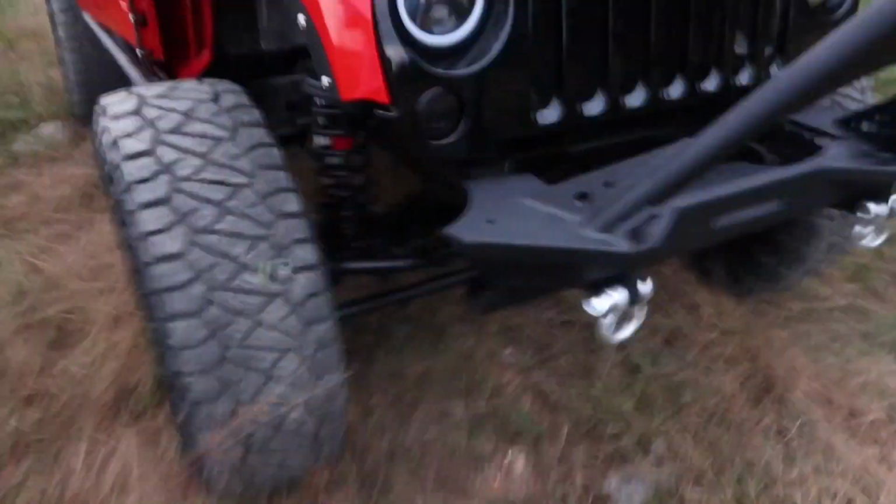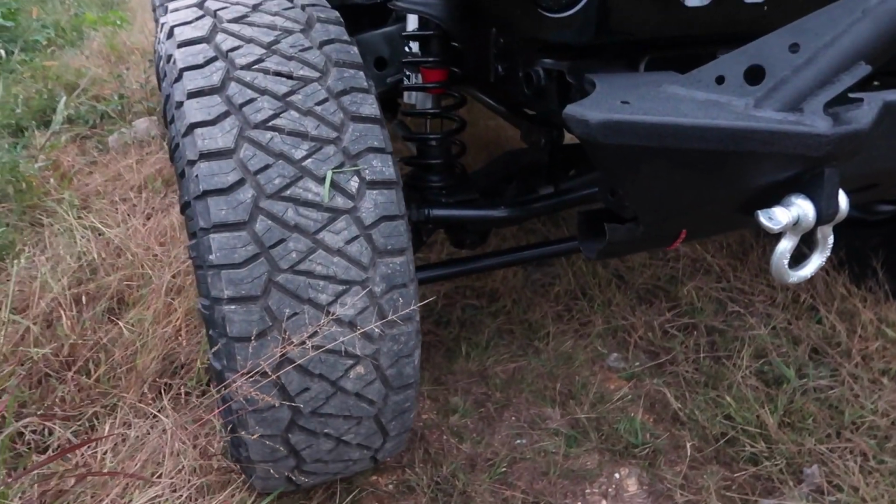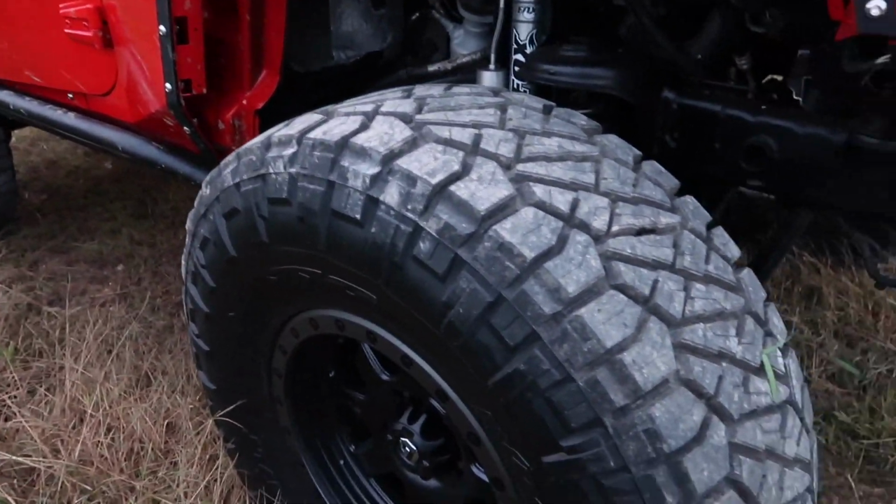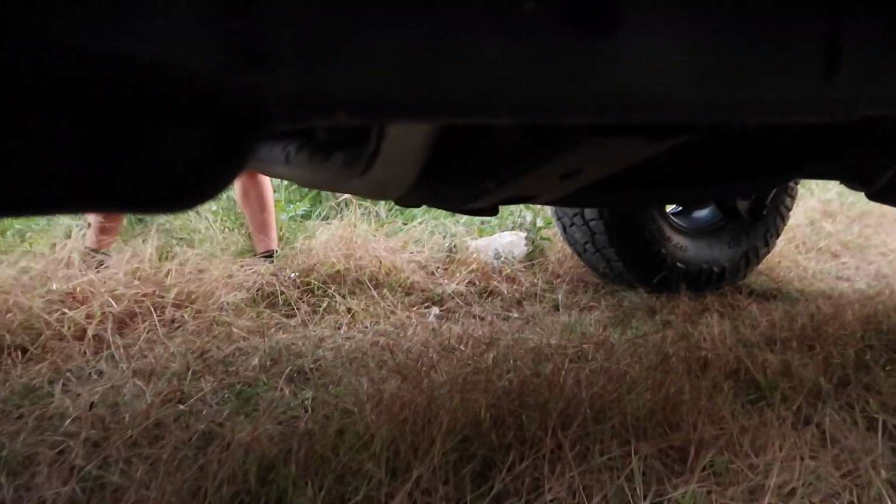And we are planning on re-gearing our axles with the 37s, so stay tuned on that. We still do have an exhaust leak underneath right here in the mid pipe, but we have to get a new bracket for that, and that'll be taken care of. But our headers, everything else under here is nice and tight, so